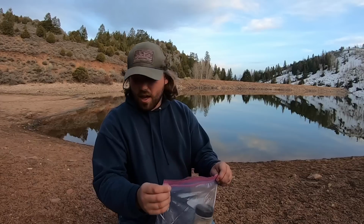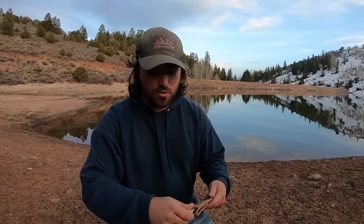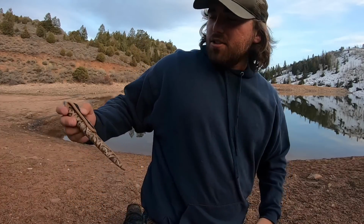Dash's lemon pepper. Well, that was an awesome package. Thank you so much, Haynes family. Definitely gonna be using it, especially this knife. This is a sick knife. I mean, look at that. That is so cool. I'm gonna put this in my belt loop and just have it hanging on with me